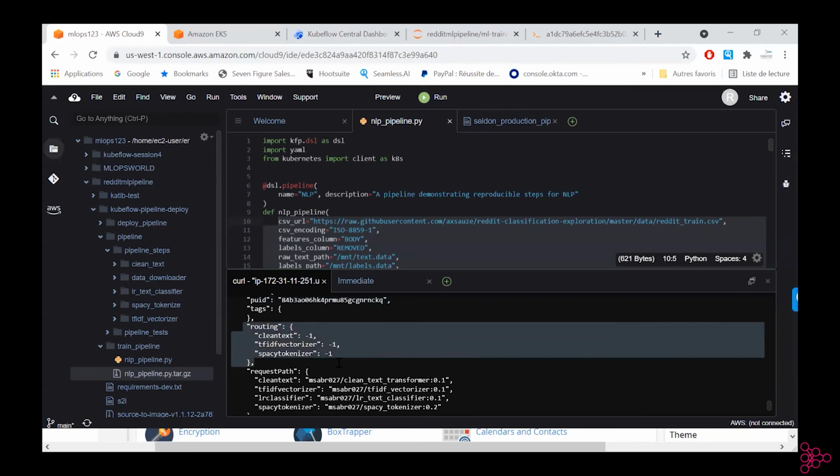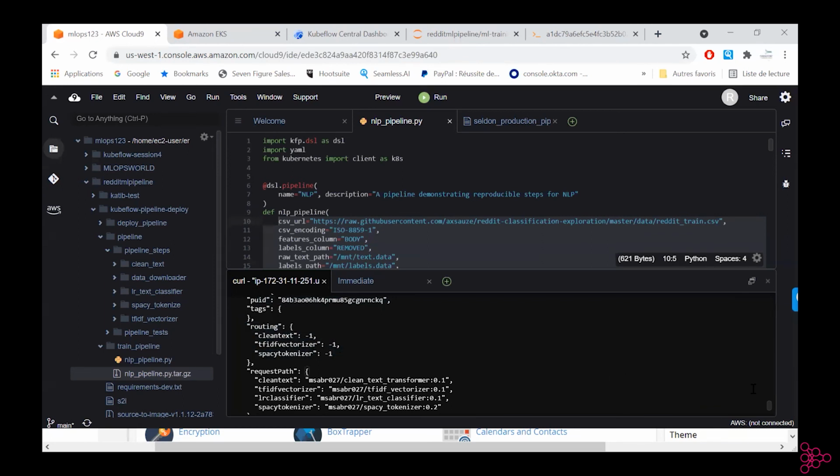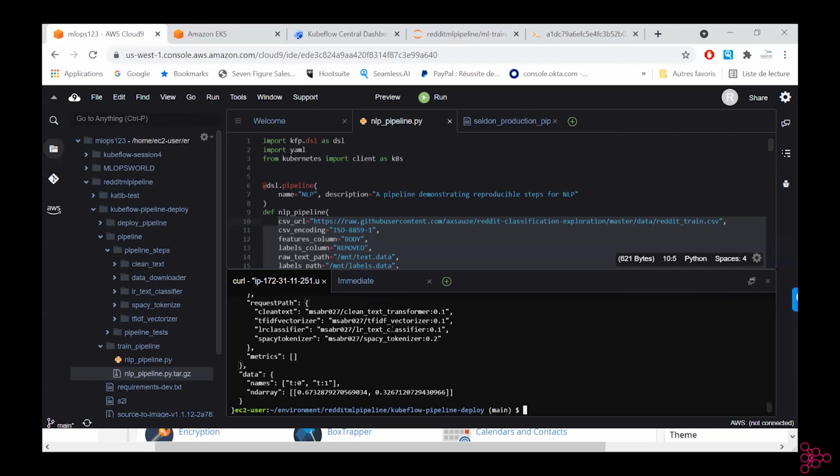Here it has the routing. So with this, we're capable of understanding the orchestration and the request path as well. Then we have the data: 0.67 appropriate comment, and 0.32 inappropriate comment.